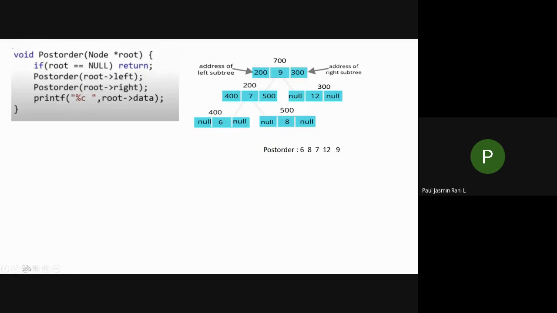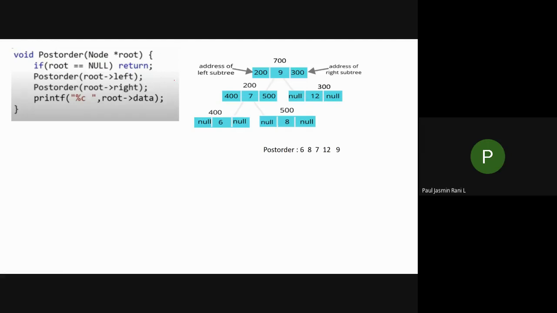Okay. So now you are going to give me the answer. How it works. So first one, post order traversal. You all know that it is just the opposite of your pre-order traversal. In your pre-order traversal, you give preference to your parent, isn't it? In your post-order traversal, you have to give preference to your what? Children. That is your first left child, right child. Next, you have to give preference to your root node. Okay. So let's see how first the left child gets printed. Next, you are going to print your right child.